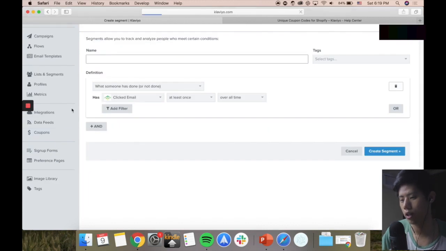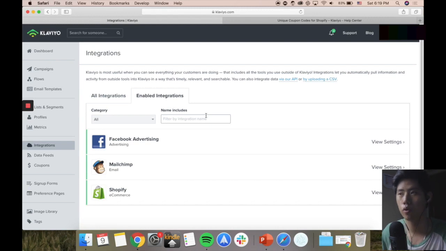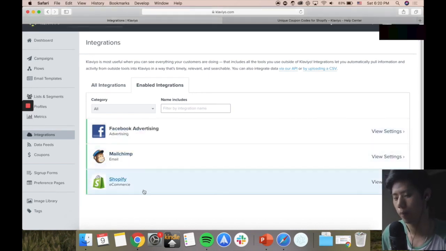So integrations here, there's Facebook ads as well. You can integrate your VIP list. You know that this specific customer segment has bought from you in the past and has high lifetime value. You can put that into an email list, and then pump it as a custom audience on Facebook as well. Then you can run ads to that audience or create a lookalike audience from there, making it a very qualified audience. You can see here when we integrated Facebook, Mailchimp as well, Shopify right here,